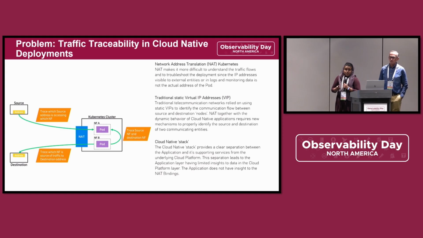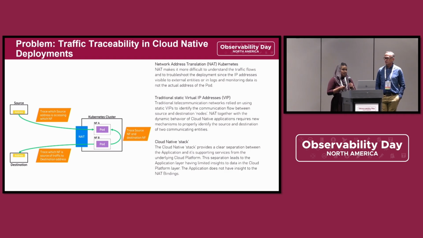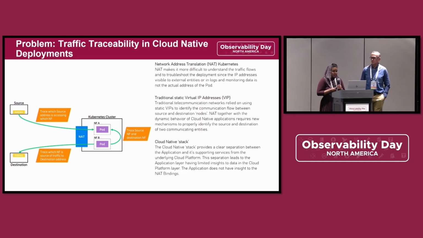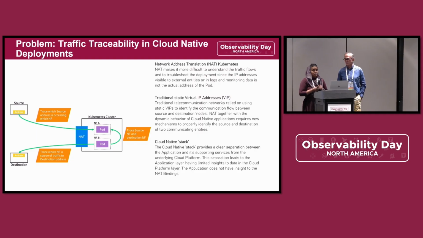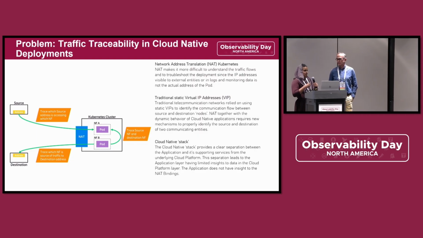So one of the challenges we often face in telco cloud environments is traceability, especially when network address translation is in play. In traditional networks, we could depend on static VIPs to solve this problem. But in Kubernetes and KaaS environments, the addresses are dynamically changing, so it's very difficult to maintain this traceability just as is. From my experience working on the Istio project, we have seen this problem in many of